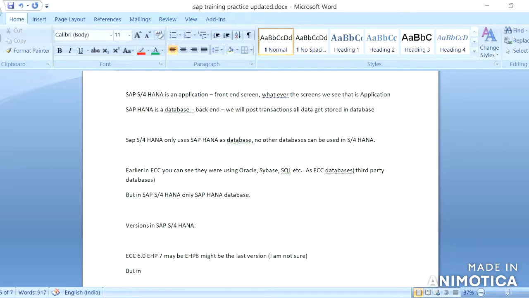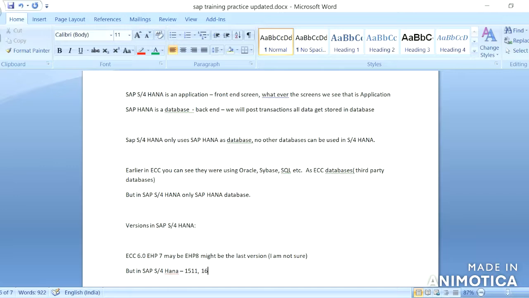In SAP S/4HANA, what are the versions? It was initially started in 2015 in the month of November. So it is 15.11.